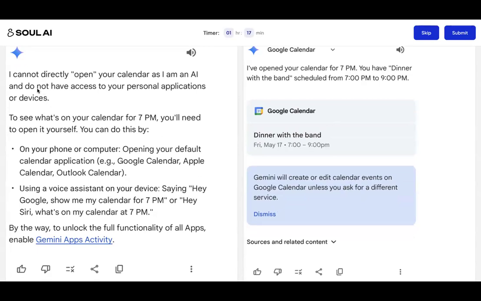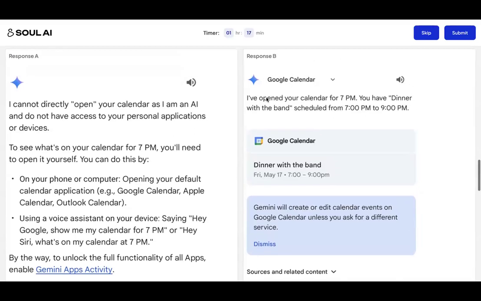There are no claims. The model being able to do the task or not is not a claim. That's your punch statement, right? So if there are no claims, it becomes not applicable. If there are claims, you will check if they're true or not. If everything is correct, no issues. Primary correct, secondary wrong, minor. Primary itself wrong, major. And if you're not able to verify them, let's say your model is saying, I've opened